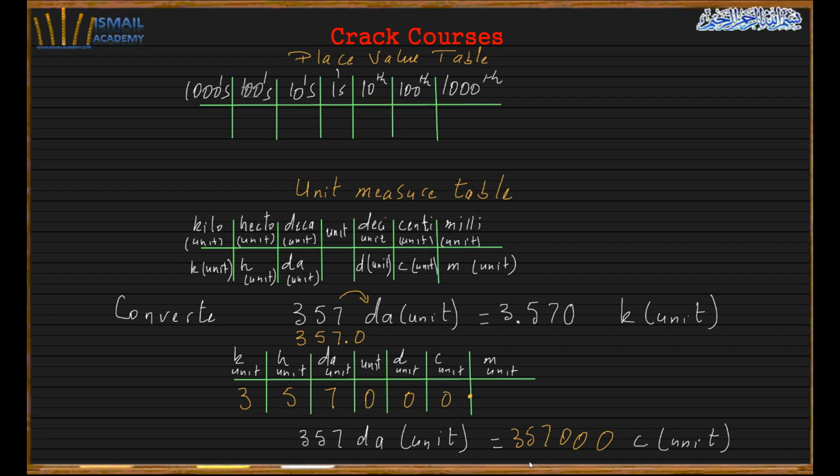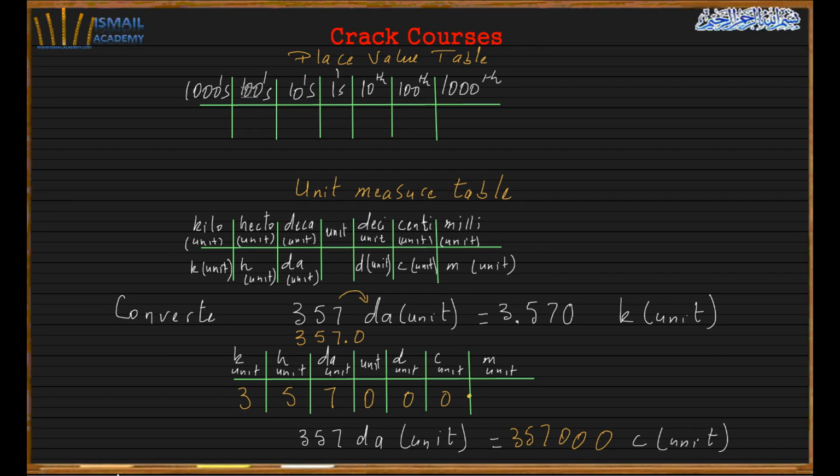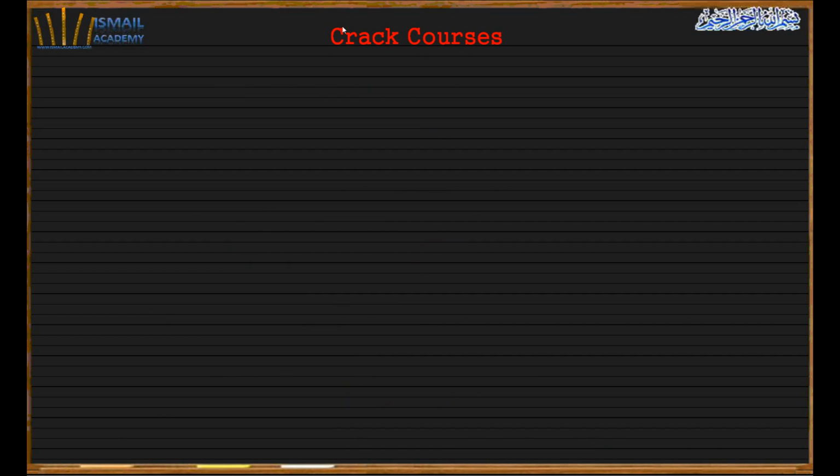So that's the idea behind the conversion in unit measure table, or in the metric system. So this is how we convert any unit to another one, just by moving the decimal dot. And this is, like I said, the beauty of the decimal system. Let's do another example. Suppose I want to convert